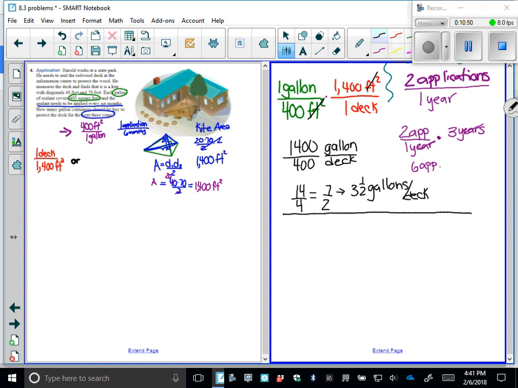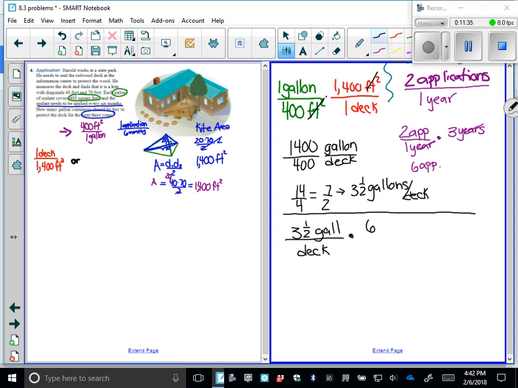Sometimes the problem is very specific and sometimes it's not. But since deck paint can be saved, I would not round up to 4. I would say that I know I need 3.5 gallons per deck, and I need to multiply that by 6 applications. And when I do that, I'm going to have how many gallons per deck I need,